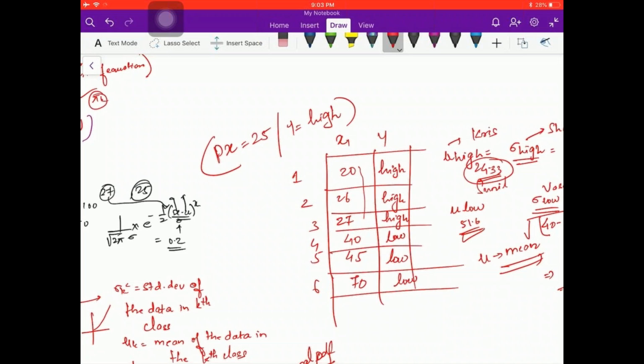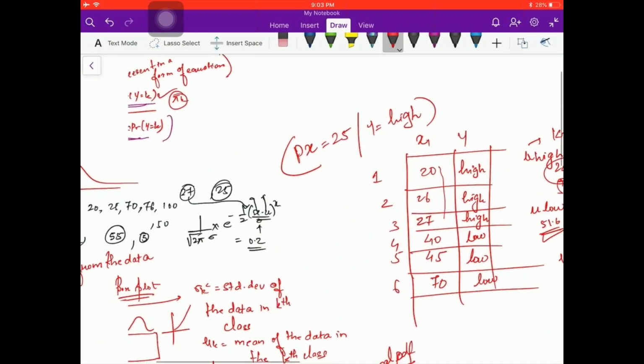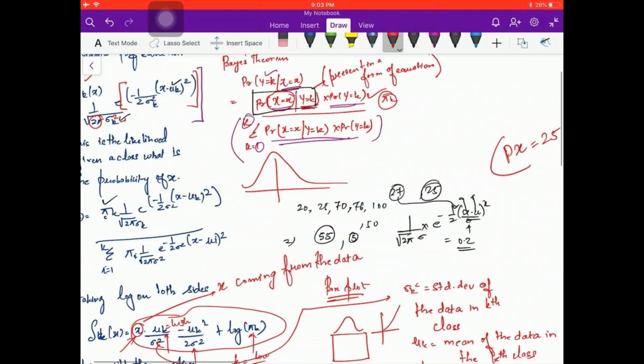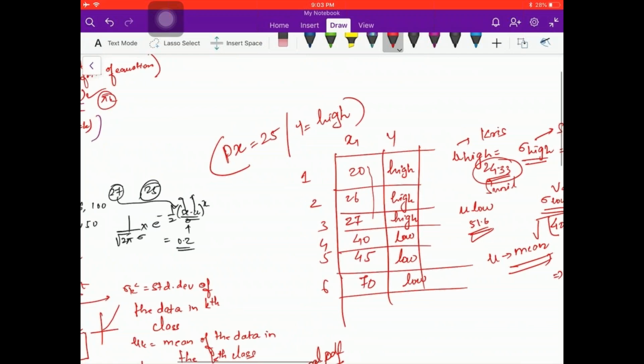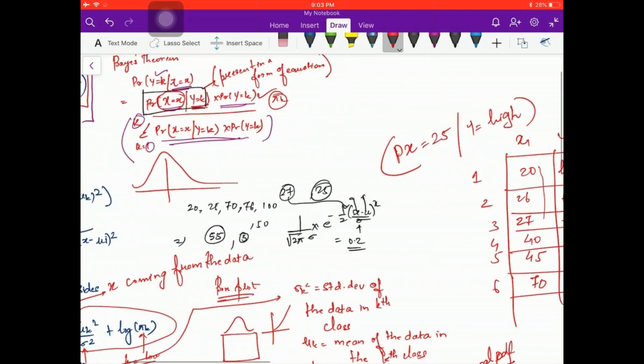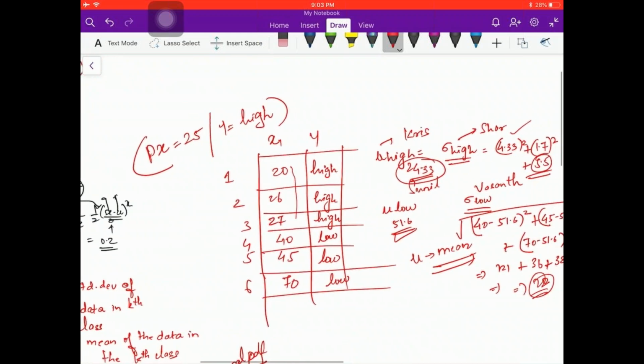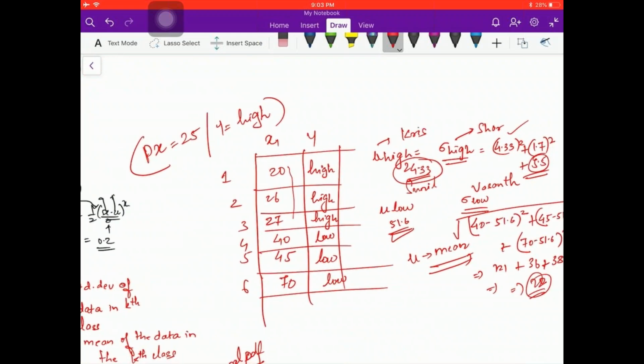I think last time we did the same, but here they No, it's not the same, Sunil. That's why I'm saying here we are putting in the equation. We are not calculating this from the data. We are doing it from the calculation. Last time also we did the same: x equal to something, y equal to something. As there is no 25 for x, so it will be 0, isn't it?